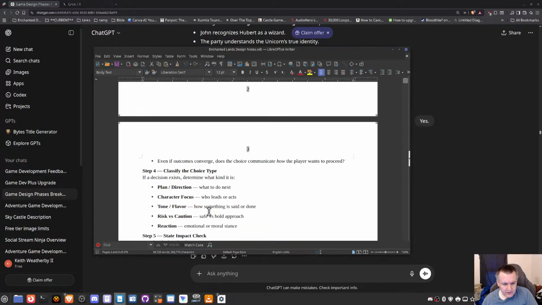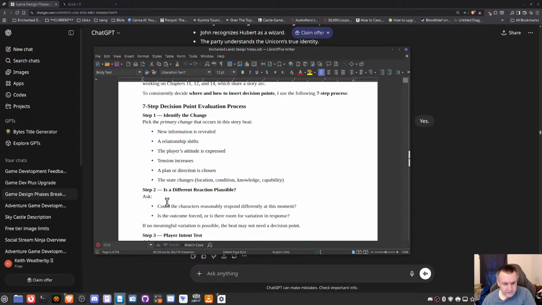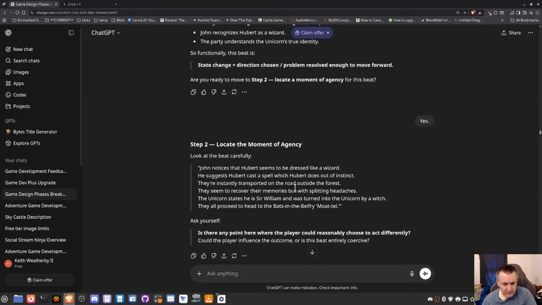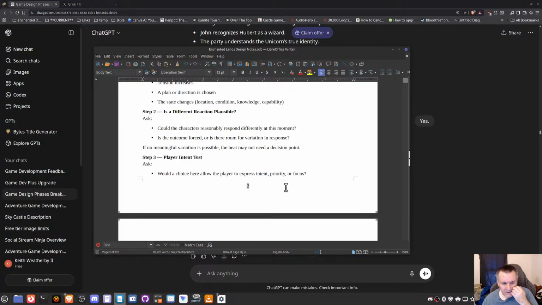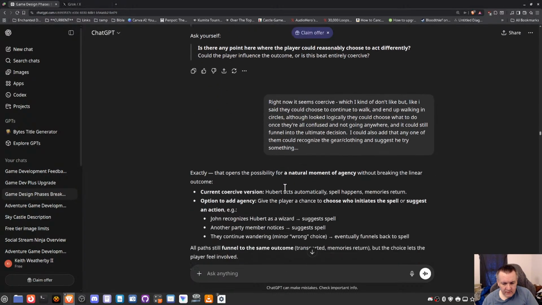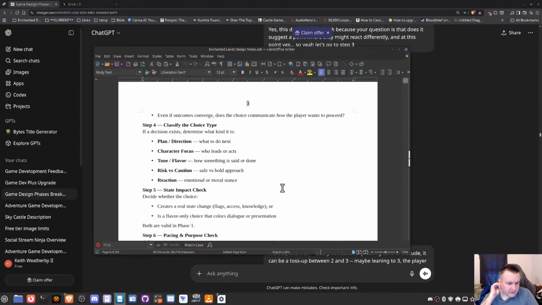Could have identified the change, to locate the moment of agency. Decide the type of choice. What kind of choice is this?